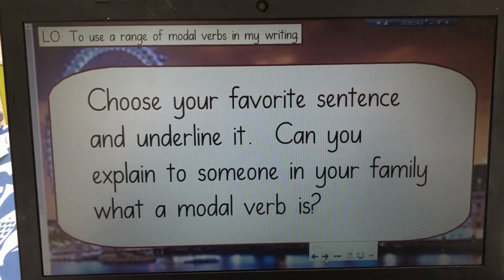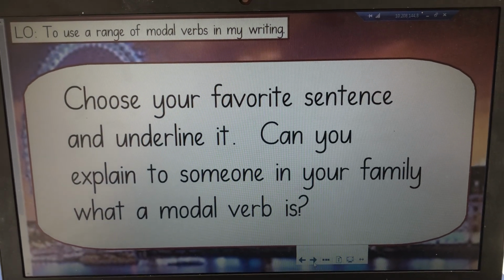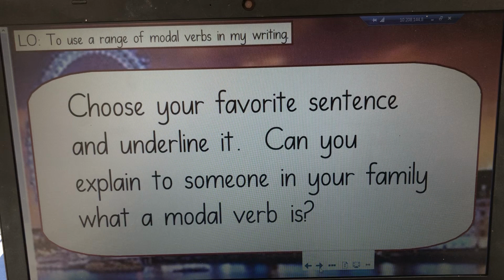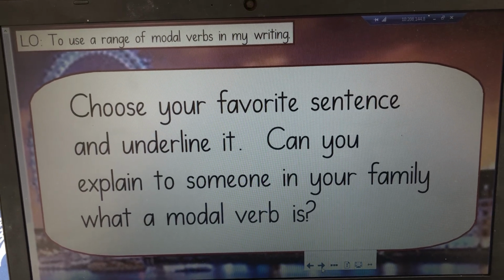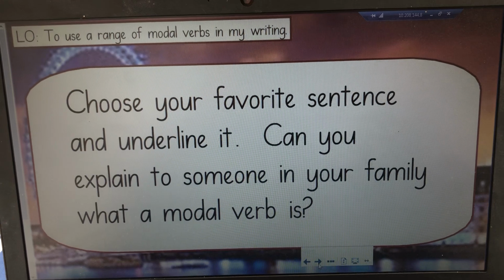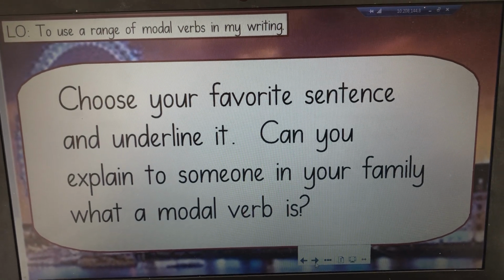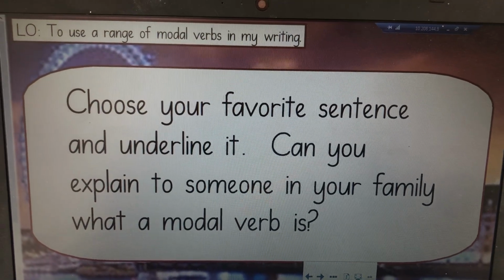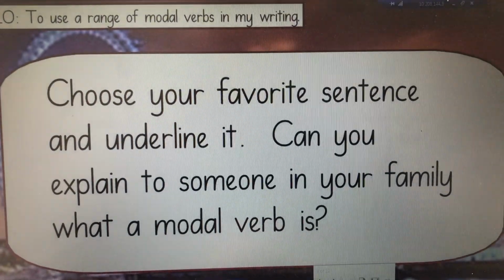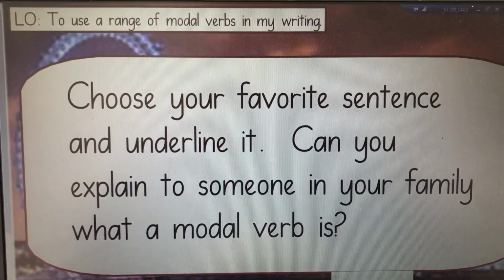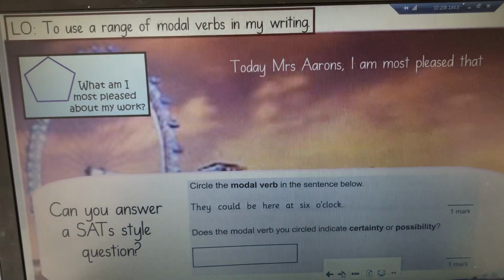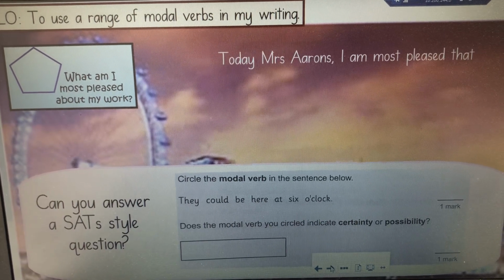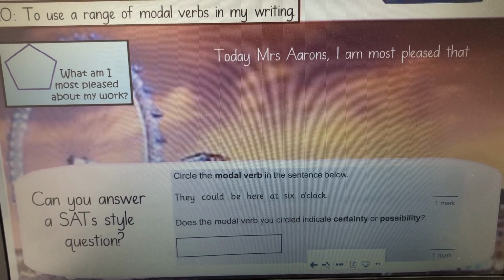And finally, well done. I hope that your writing has been fun this morning and that you have developed some confidence using modal verbs. Finally, could you choose your favourite sentence in your writing and underline it? And then, now or later on today, can you explain to someone in your family what a modal verb is? And that will really make sure that you've secured your learning this morning. And of course, it wouldn't be an HJS lesson without a reflection. So perhaps you could draw me a reflection shape, and I'd like to know, what are you most pleased about